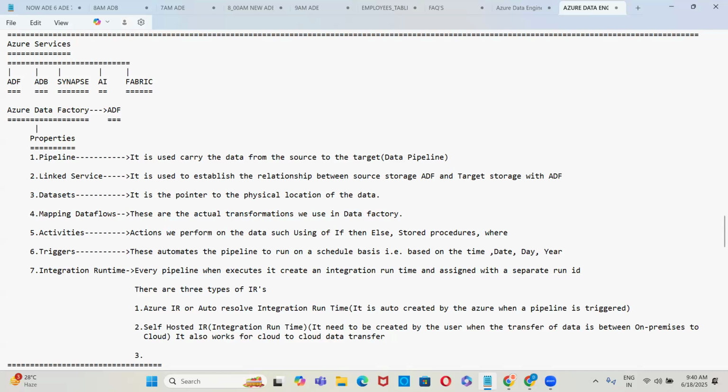Then the next one, we also have the SSIS IR. So what is SSIS IR?